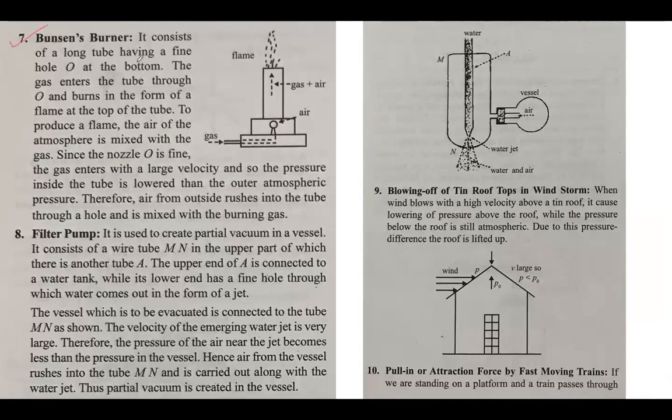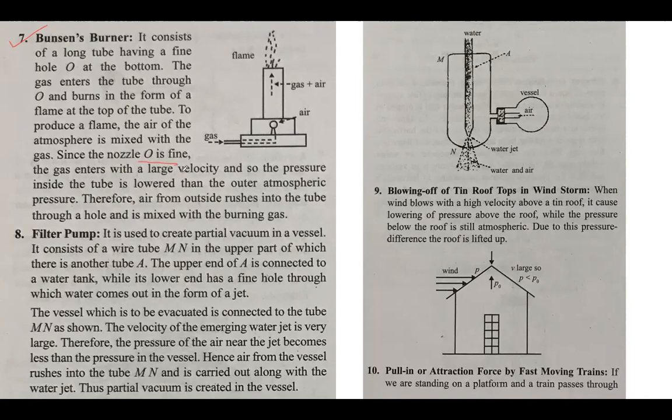Bunsen's burner consists of a long tube having a fine hole O at the bottom. The gas enters the tube through O and burns in the form of a flame at the top of the tube. To produce a flame, the air of the atmosphere is mixed with the gas. Since the nozzle O is fine,